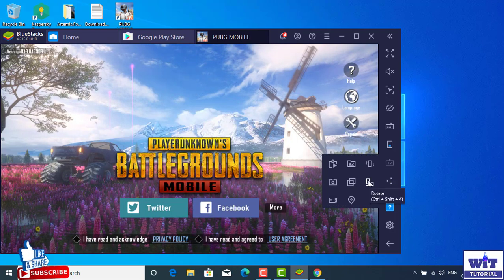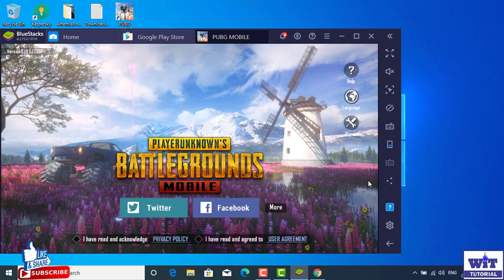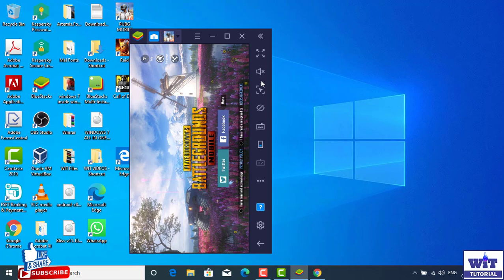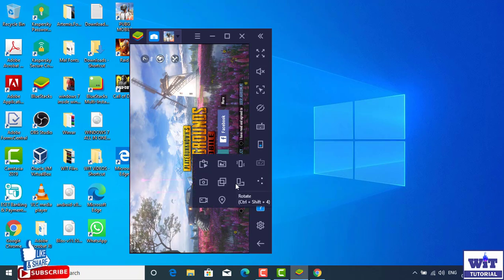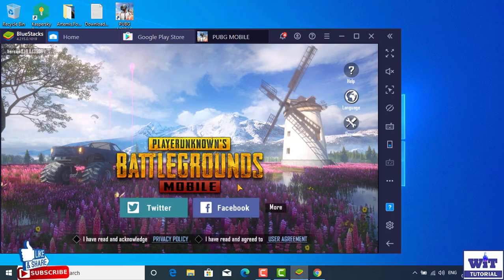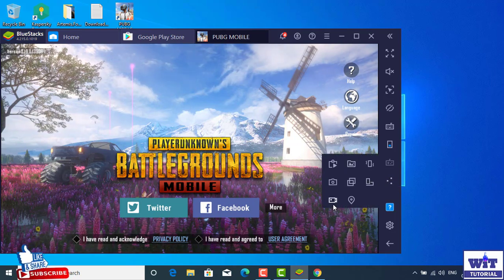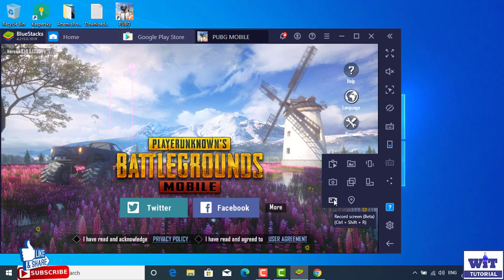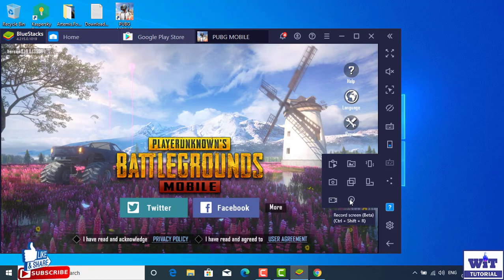Next is rotation of the BlueStacks screen, the game screen. You can make it landscape, and in the same way you can make it portrait. You can just rotate the screens. And the next option is to record the screen while playing the games or anything. If you want to record the games or screen, you can use this option to record the screen,